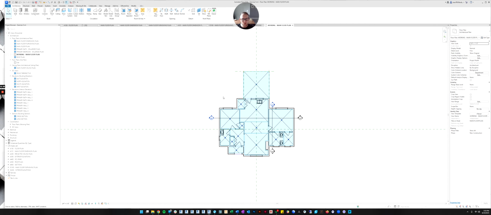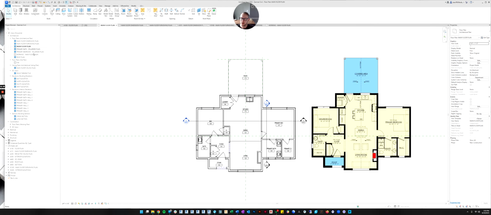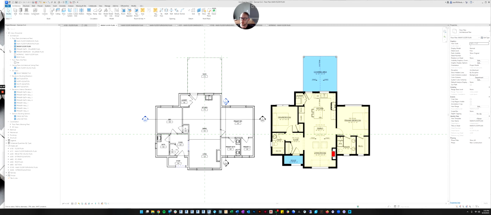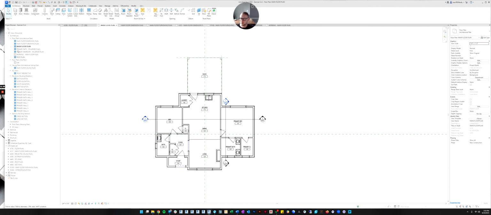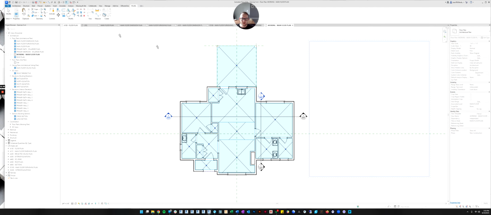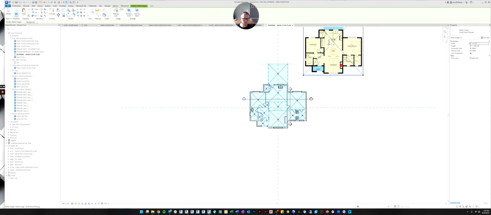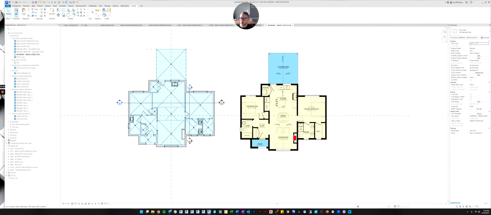Okay, so right now we're trying to annotate the floor plan. So I'll go back to the floor plan, but it will be helpful to have that working plan. The other thing I'm going to do is grab this image, go to the modify tab and hit the little scissors to cut this. And then I'm going to my working plan, go back to the modify tab, and paste the image back to this plan. So now I can always look at my floor plan picture, but it's not going to be on a sheet.